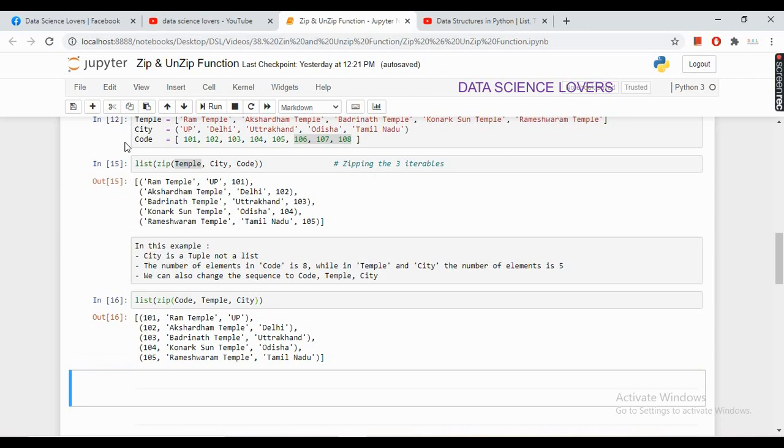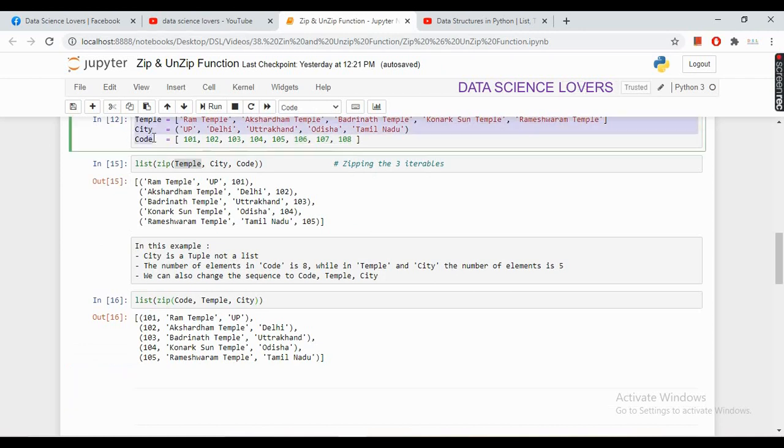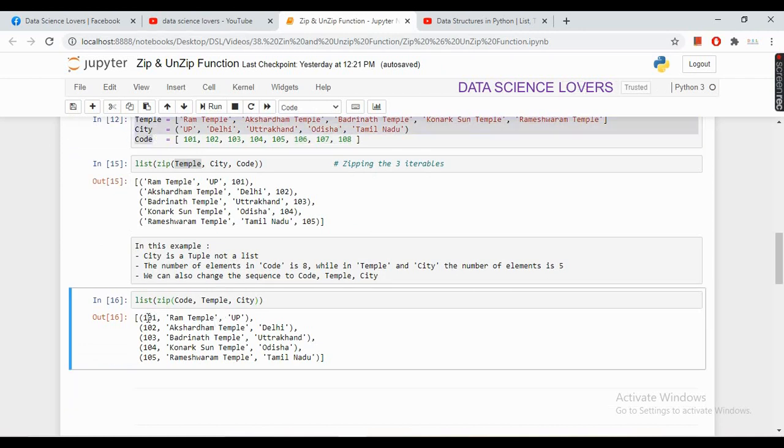Means there may be any sequence of the iterables while using the zip function. Here if you see, code is at my first place and temple name is at my second place and city is at my third place. So this is how we can also use the zip function.